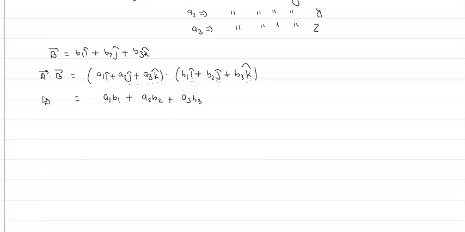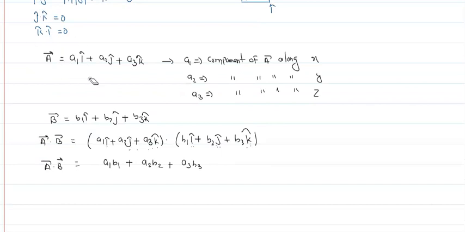So if you have two vectors, A vector and B vector, A vector has three components, means you break the vector into three directions: one along x-axis, one along y-axis, one along z-axis. In the same manner, you resolve the components of B vector along x-axis, y-axis, and z-axis. And you want to do a scalar product. So you do A dot B and you get A1 B1 plus A2 B2 plus A3 B3.